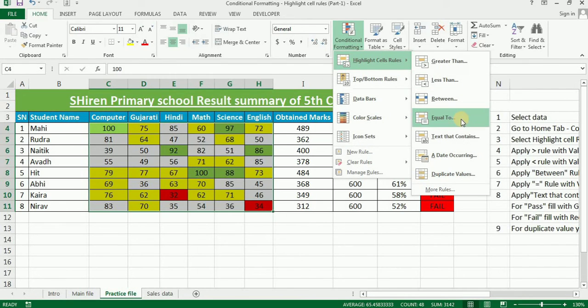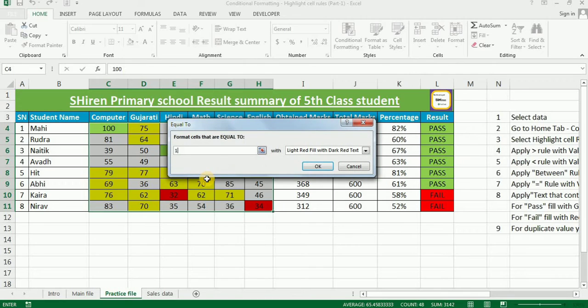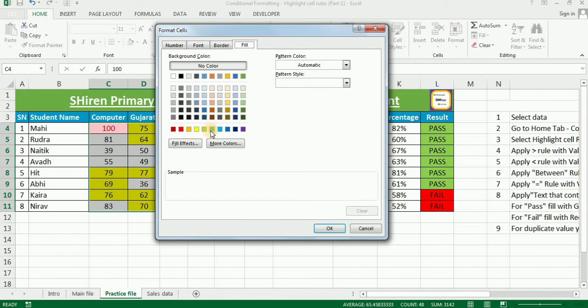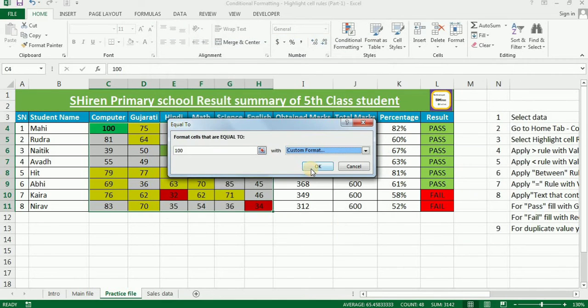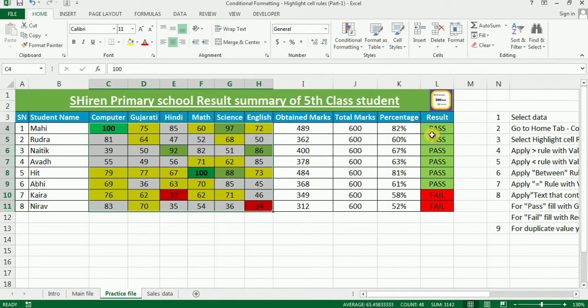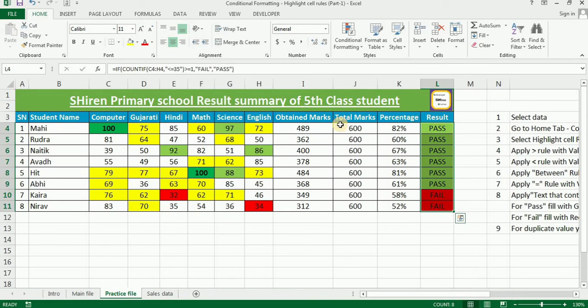Highlight Cell Rules, Equal To 100, and I would like something different: the fill will be dark green and the font will be bold. Okay, and apply. So you can see the conditional formatting is applied.